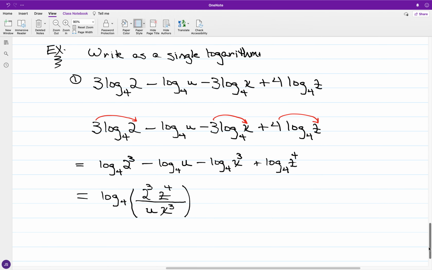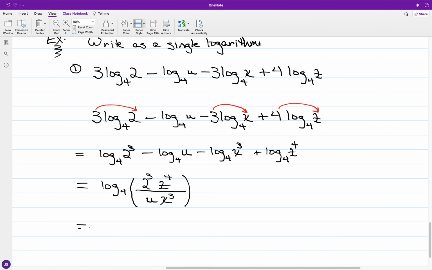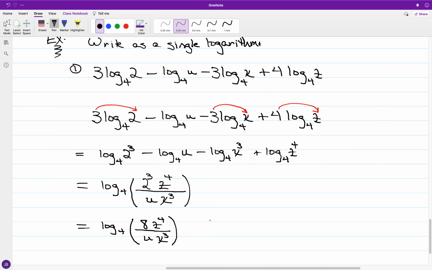And just little adjustments. Now if you had this as your final answer, I would count that as correct. But just for 2 to the 3rd, that's going to be 8, z to the 4th, and again we have all over u times x to the 3rd. Okay, and now just where we have single logarithms,